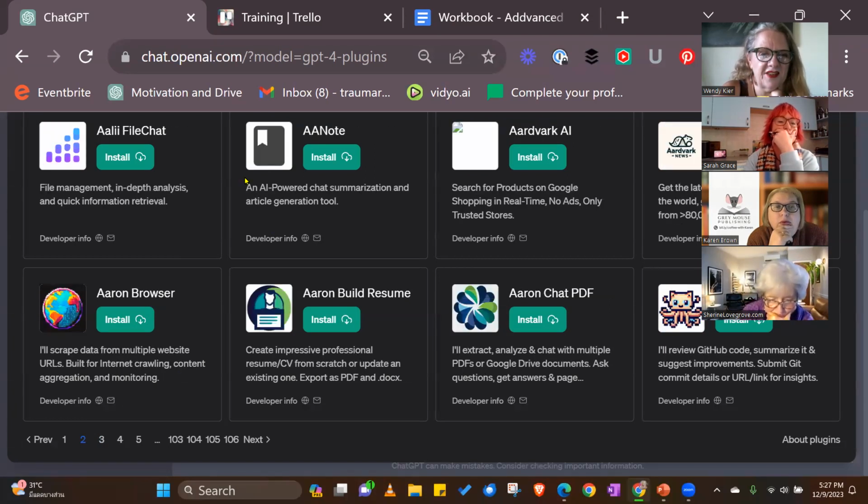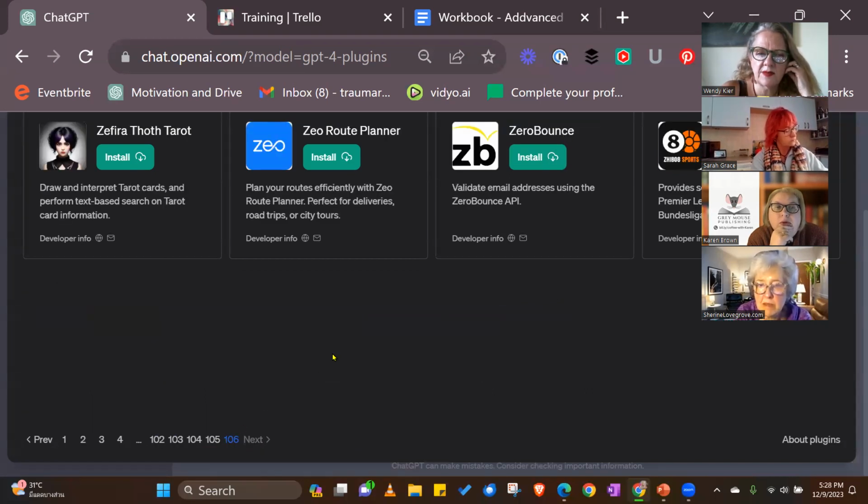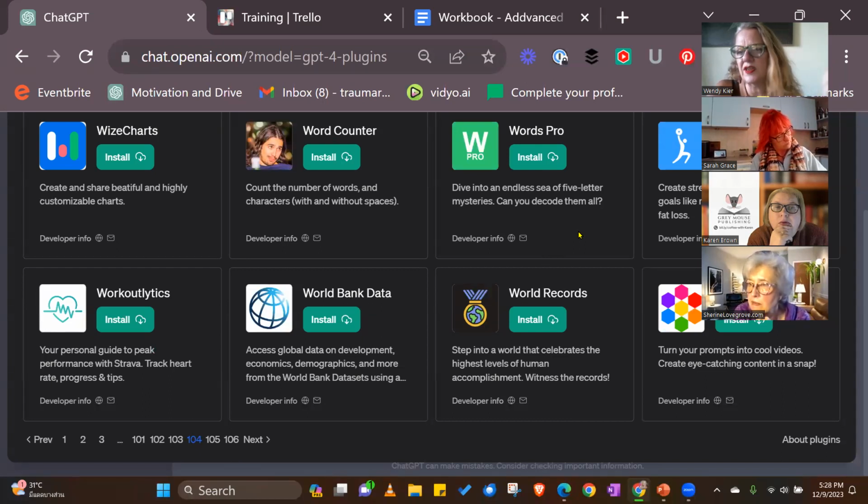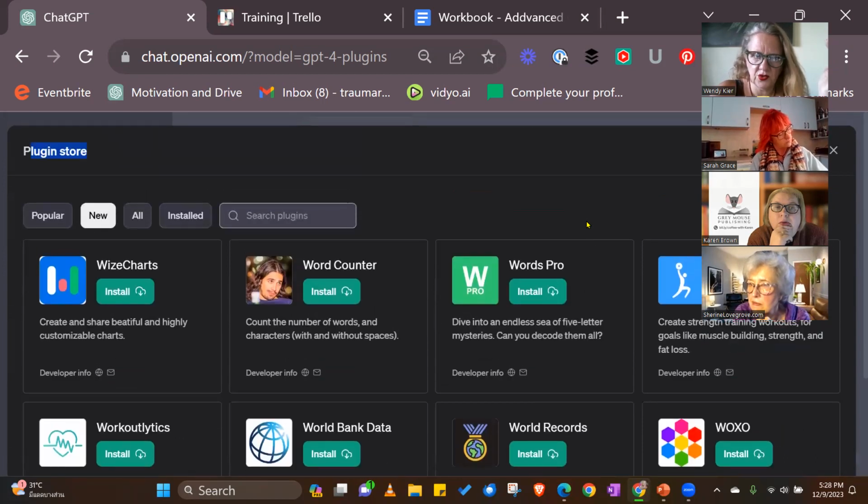Now they're updating them as they go along, which is interesting. The ChatGPTs that we're creating for our own business and our clients, they will go into a store if we want them to. I'm not sure how the store is going to work. It was meant to be coming out, but it hasn't come out yet. I think it's going to come out in the next month or so. But all of our GPTs will go into a store unless we say we don't want them in a store.